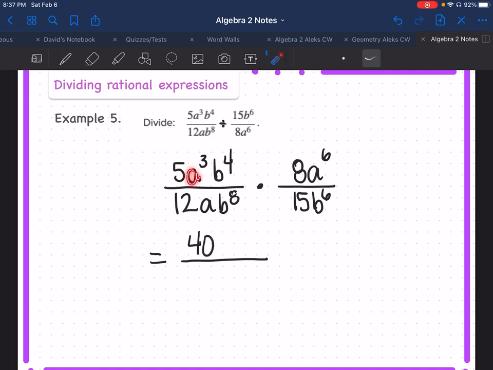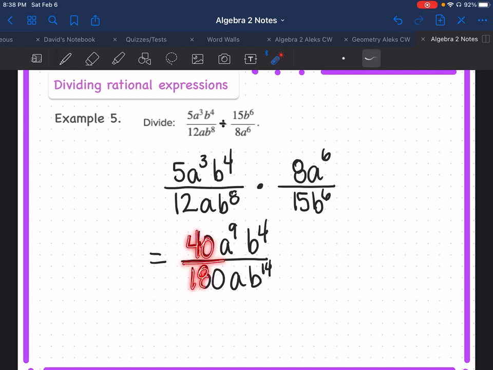So I have 3 a's here and I have 6 a's here. The rule says when you multiply, you add the exponents. So 3 plus 6 is 9, and I have my b to the 4th. And then on the bottom, I'm going to do 12 times 15, 180, and combine together the b's on the bottom, which would give me 8 plus 6, 14. Now, since I have it all combined together, I can do that subtraction like I had just shown you. So 40